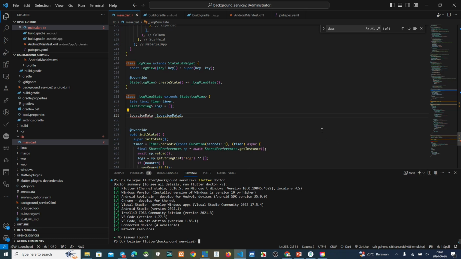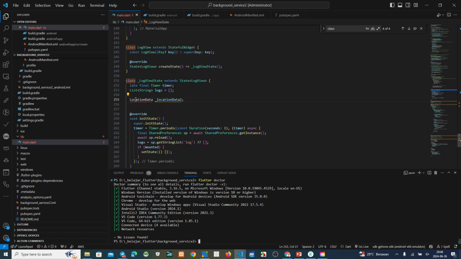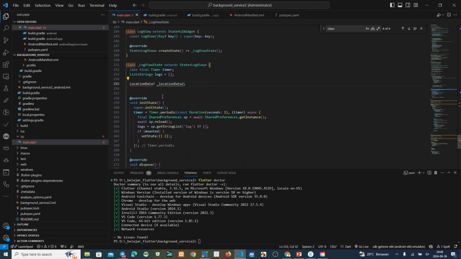Okay, now we continue about my project. Oh, why this one? Red. Undefined class location. Okay. Location. Undefined location. Right, moment please.